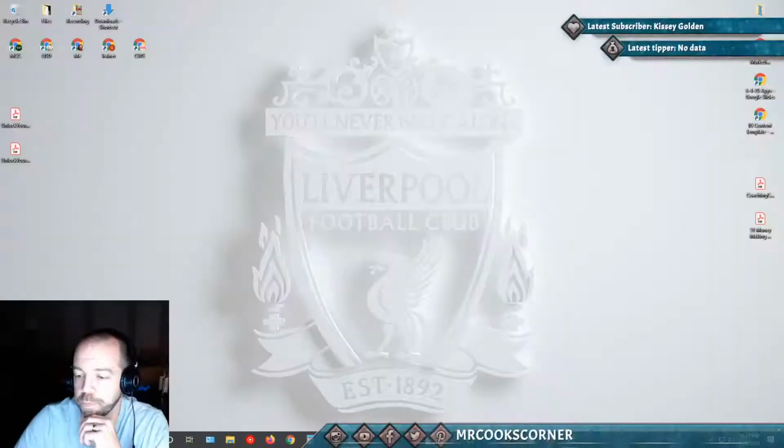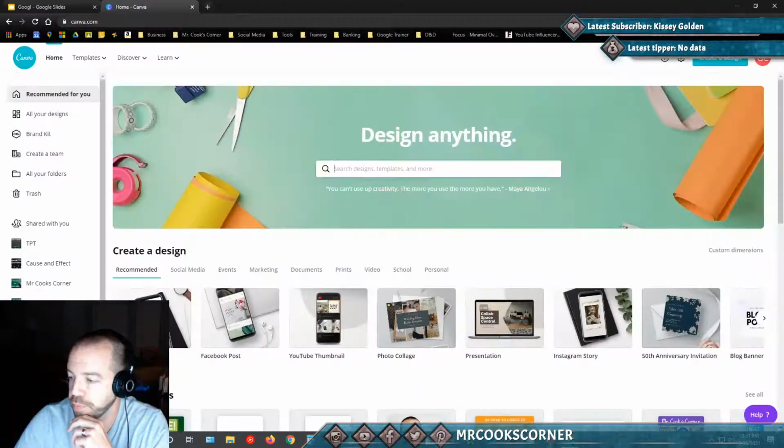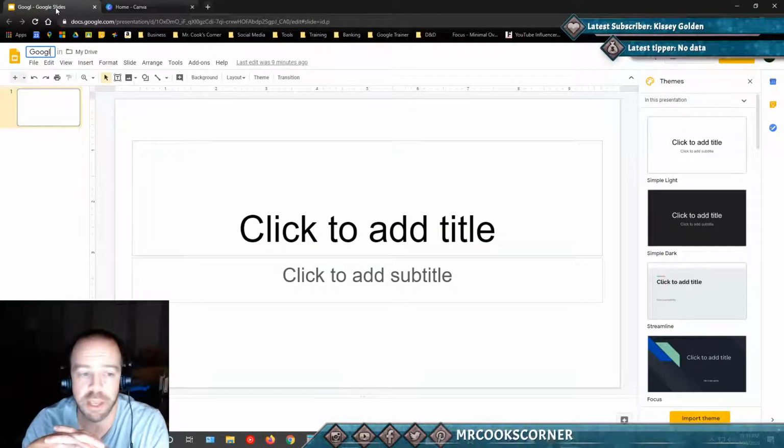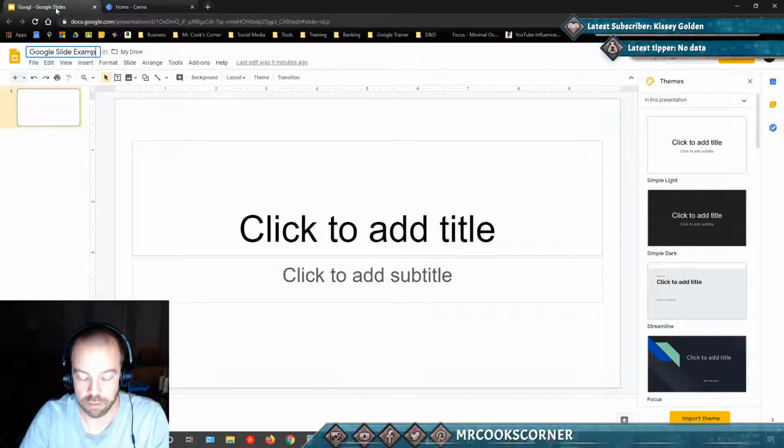What we're going to do today is take a Canva template and insert it into a Google slide. So let's pull that up. Now you can see here we've just got a blank Google slide. I was in the middle of naming it Google slide example, and the purpose of this is